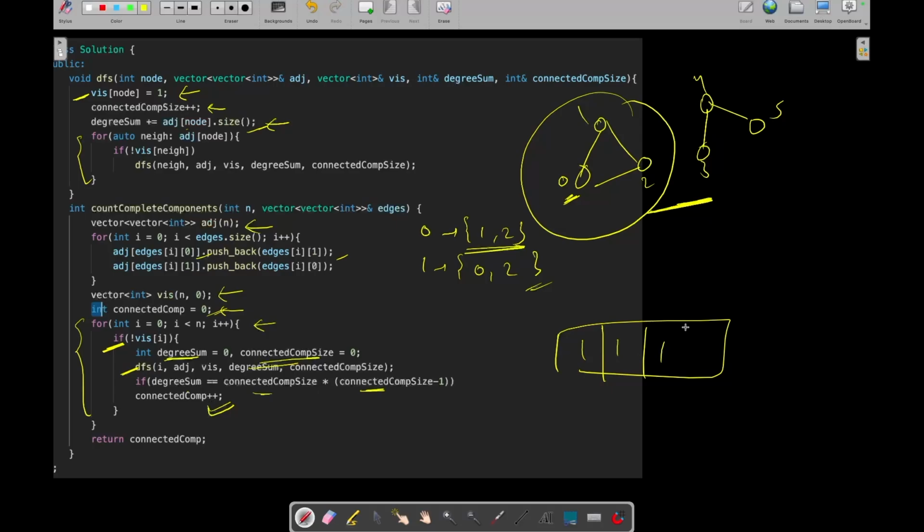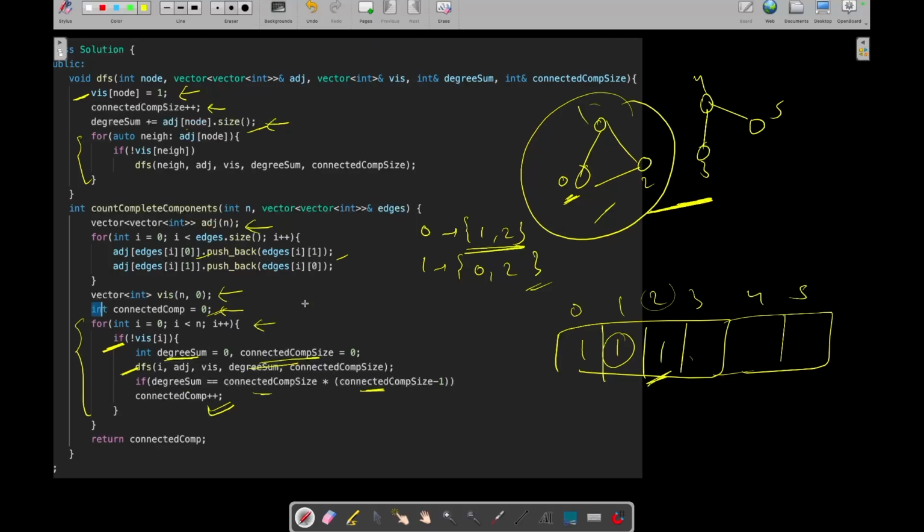And 3, 4, 5 are still not visited, right? In this one DFS traversal, it has marked all the nodes of this component as visited. So whenever this comes to 1, it will check it is already visited, so it will skip. And then when it comes to 2, it will check it is visited, so it will skip.